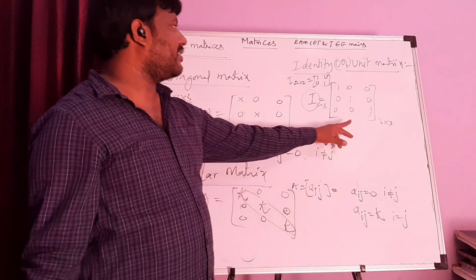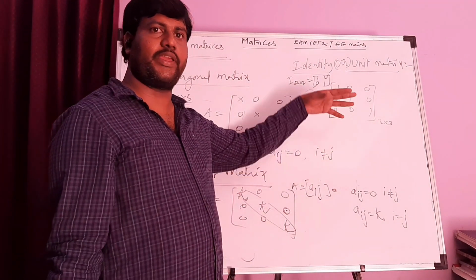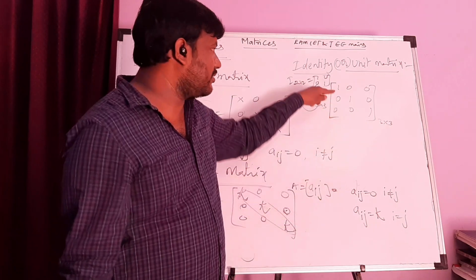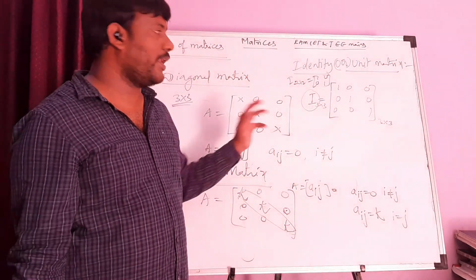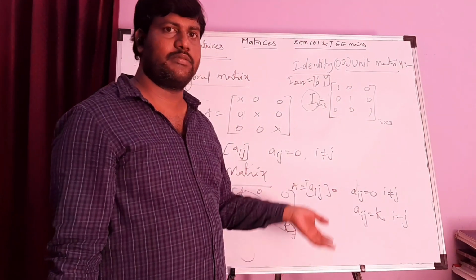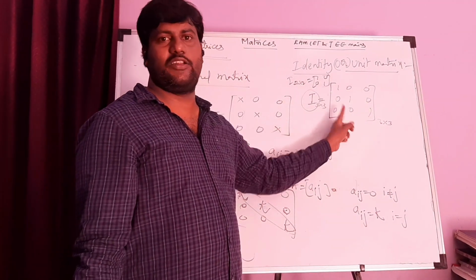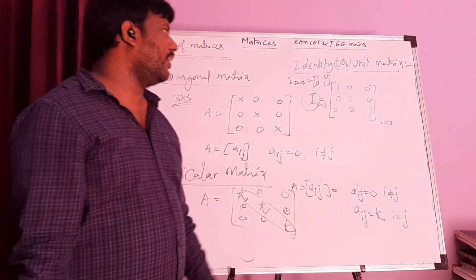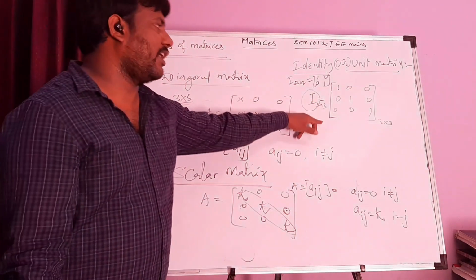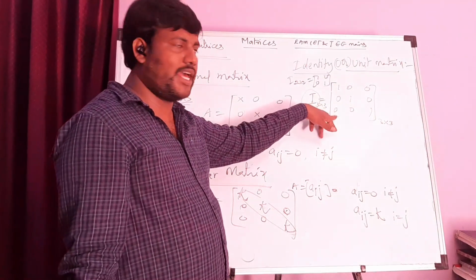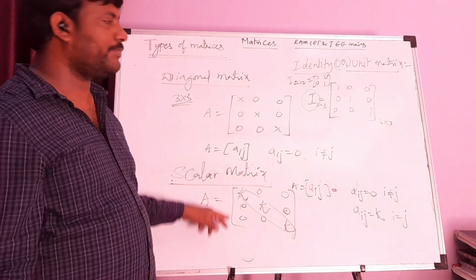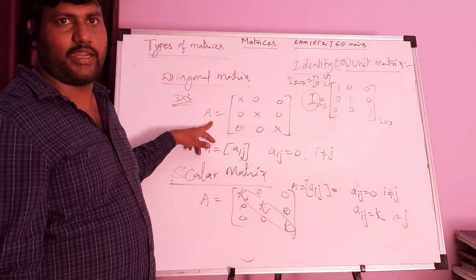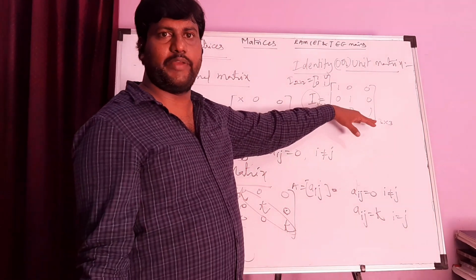And see, this is also called a scalar matrix, because the diagonal elements are equal and the non-diagonal elements are zeros. This is also called a diagonal matrix because the non-diagonal elements are 0 and the principal diagonal elements are equal to 1. This is an example for diagonal, and also for scalar, but a scalar matrix is not necessarily an identity matrix. So the identity matrix will be specifically defined like this.